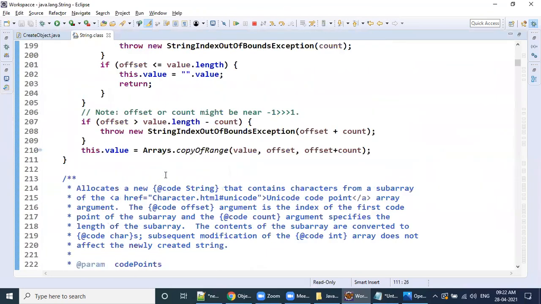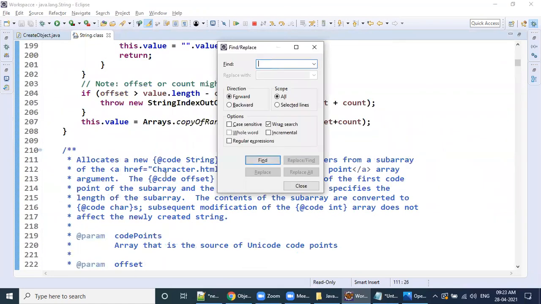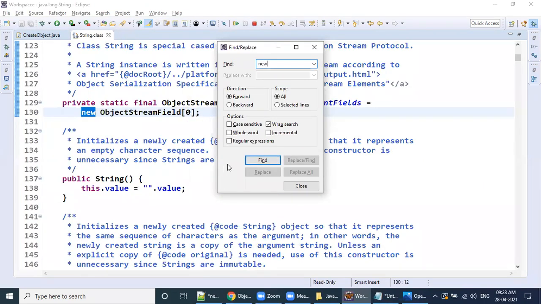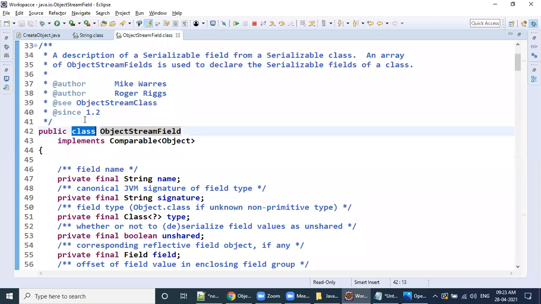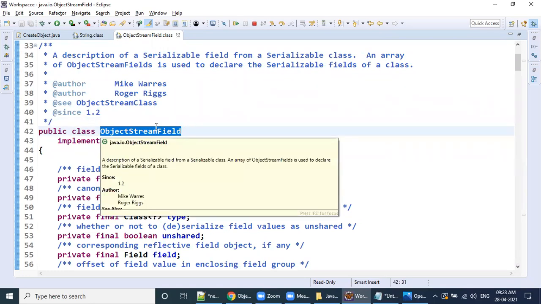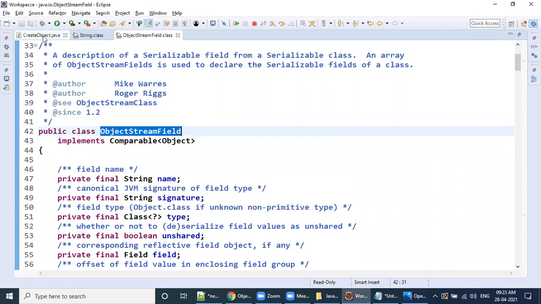Wherever you see new, we are creating this object. This is the class, right? New class means it is an object. What it will do, I'll discuss here.